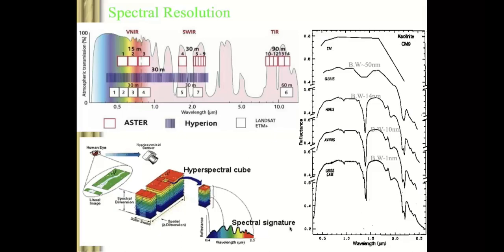If we have two different objects, for example minerals, there is calcite, a calcium carbonate mineral. If you talk about dolomite, it is calcium magnesium carbonate. So these two minerals are very close, calcium carbonate and calcium magnesium carbonate. This is very tough to identify using your eyes. But if you take the spectral signature of both minerals, calcite and dolomite, you will find that there are some differences in the spectral signature.